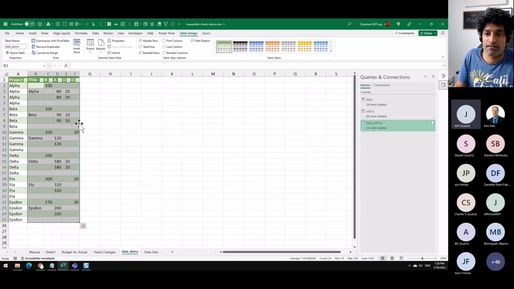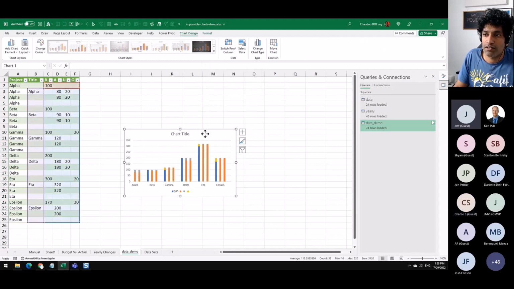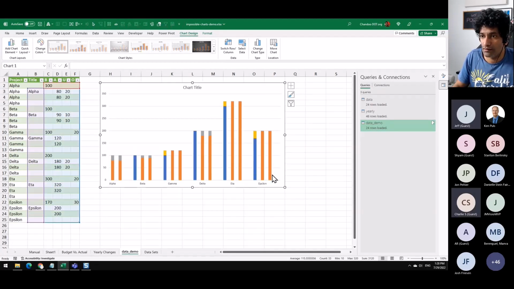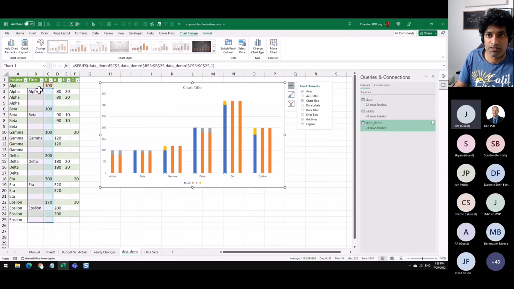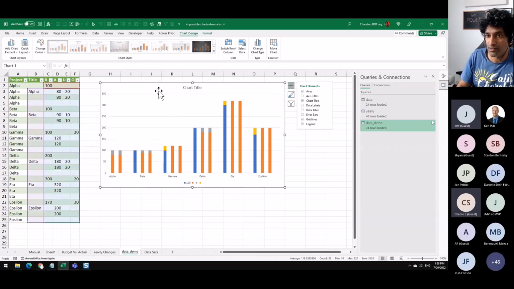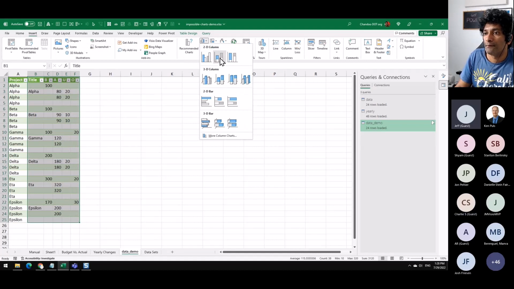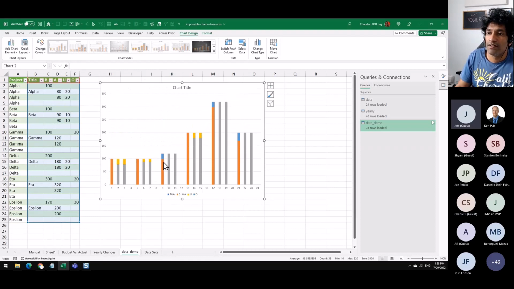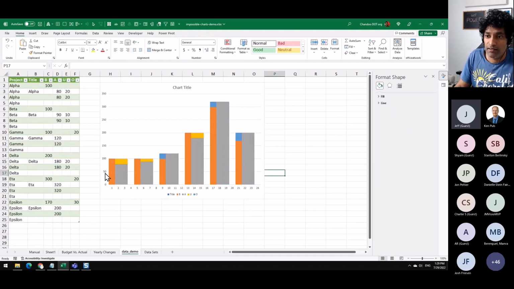At this point, you just select these 4 columns, insert a stacked column chart, and then you'll get this nice picture. I think it did something funny, because if you see, it was picking from row number 2. So I'm going to do it once again, making sure that the heading columns are selected. And expand this. So we'll get this, and with a little bit of formatting, which is taking away the gap width so everything is touching each other, and then recoloring it.